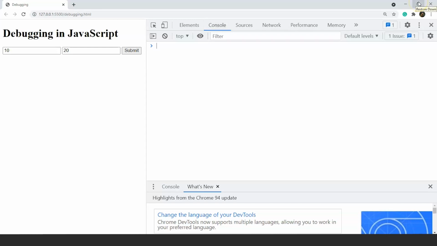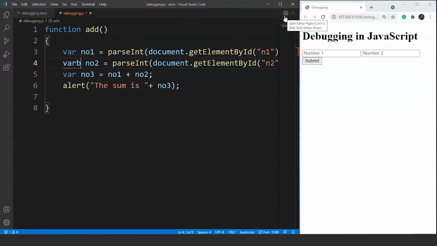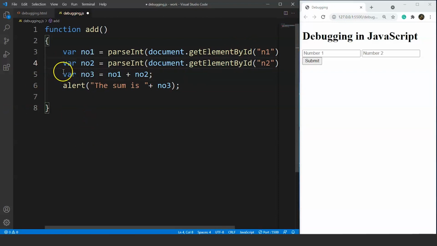For example, if we move back to our VS Code and let's say when we were writing our program, we made a small typing mistake and we wrote here var b instead of var. You can see VS Code will let us know that there's something wrong in this statement. There's a red line over here. So we have to fix this problem and the console will also let us know about it. But there are some errors which the VS Code can't detect. What we'll do is we'll comment these two lines for now. So we'll correct it first and then we'll comment these two lines.